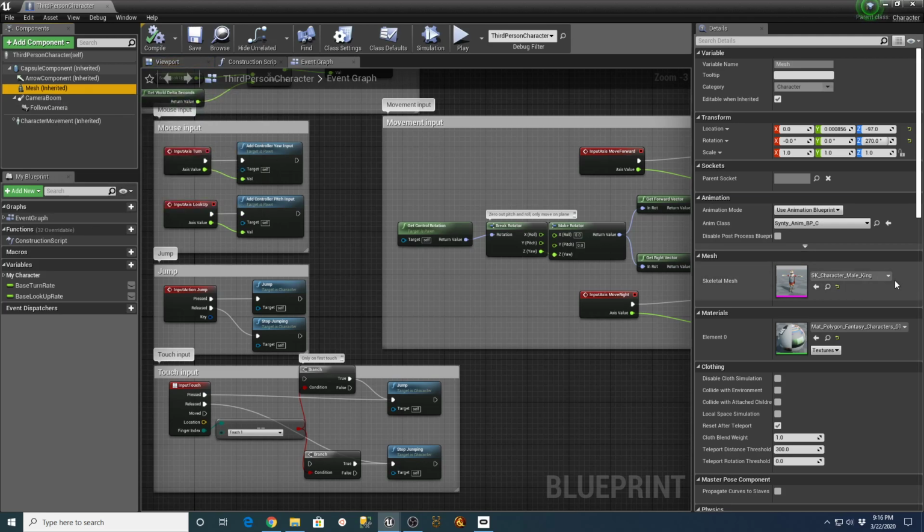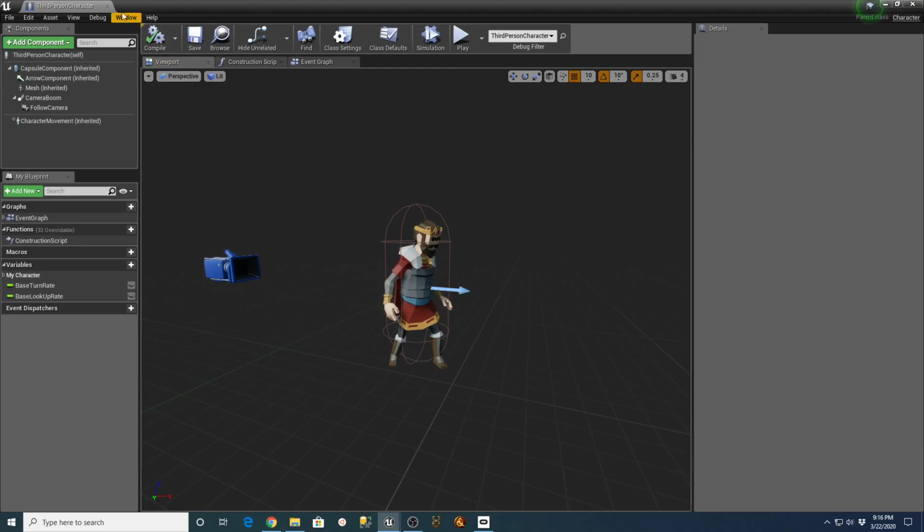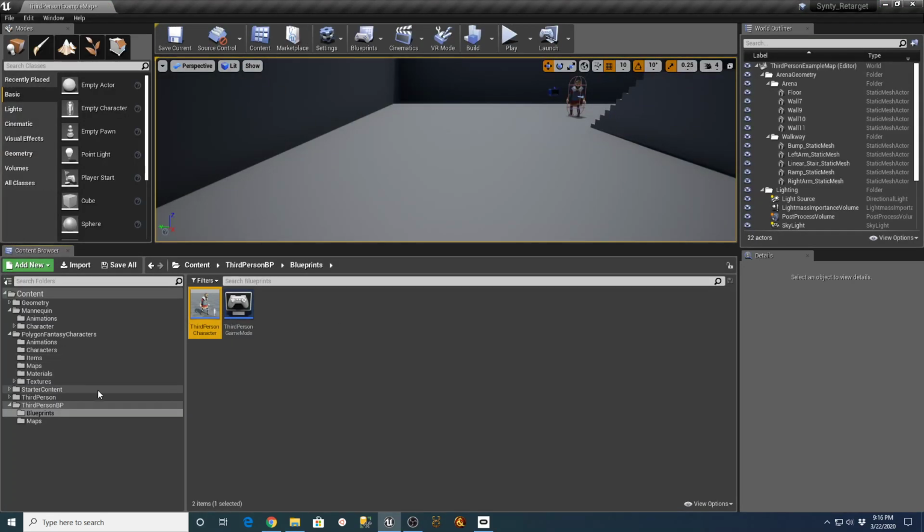Mesh. See, he's there idle. He's able to jump, but he's not playing his animations. Synty anim underscore BP. I don't know what happened here, guys. That should work.